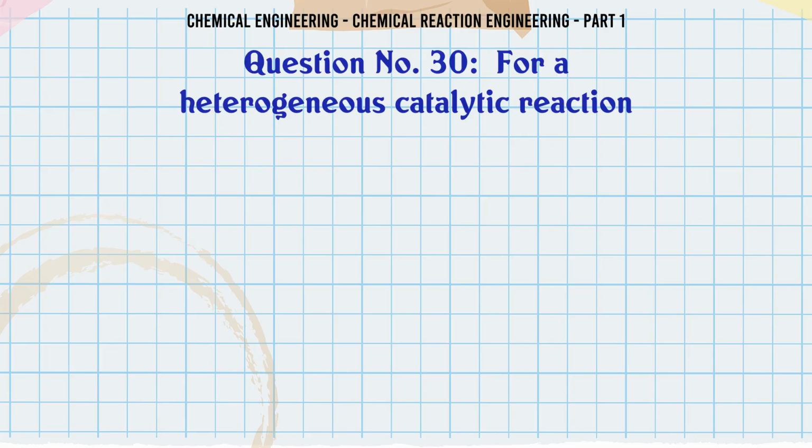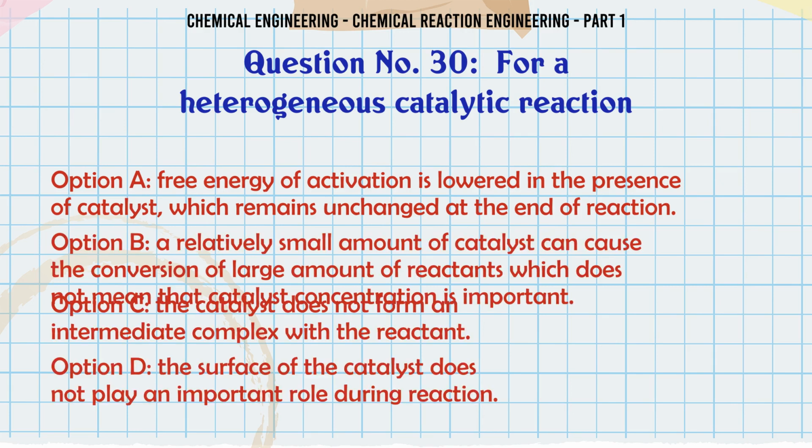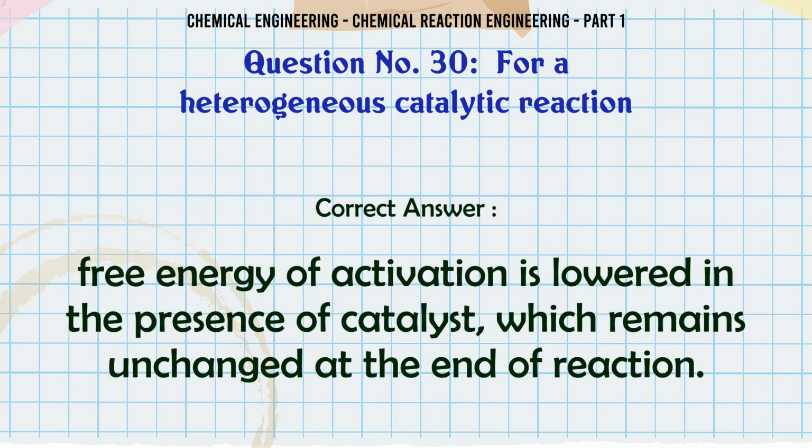For a heterogeneous catalytic reaction, A. free energy of activation is lowered in the presence of catalyst which remains unchanged at the end of reaction. B. a relatively small amount of catalyst can cause the conversion of large amount of reactants, which does not mean that catalyst concentration is important. C. the catalyst does not form an intermediate complex with the reactant. D. the surface of the catalyst does not play an important role during reaction. The correct answer is free energy of activation is lowered in the presence of catalyst which remains unchanged at the